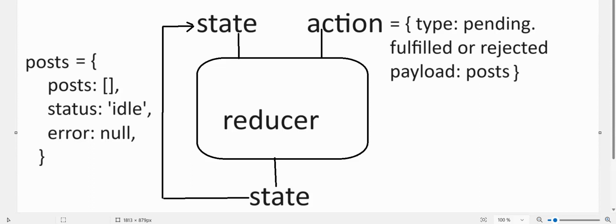And input, there are two inputs, state and action, and two inputs, one output. It is reducer, maybe the name is coming from that. And state in input is a copy of state in output. It means that state in input is an object with three properties. But action,